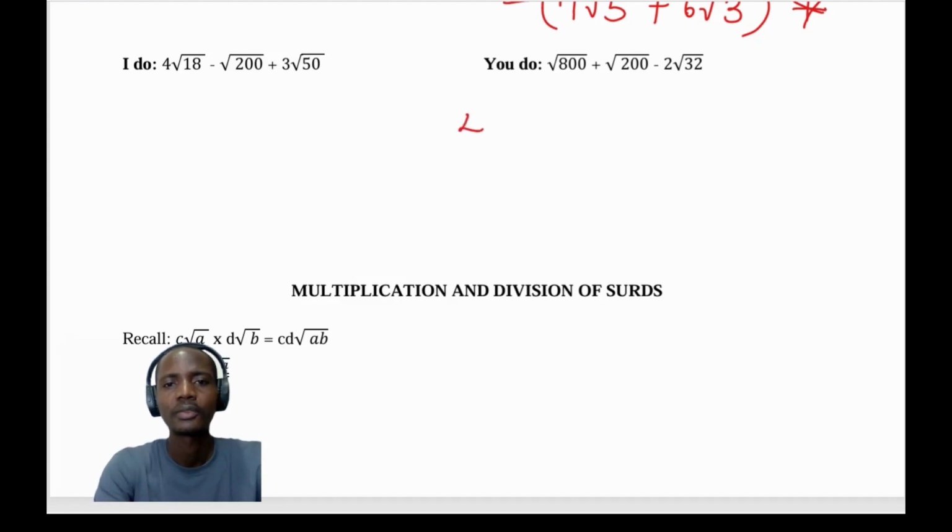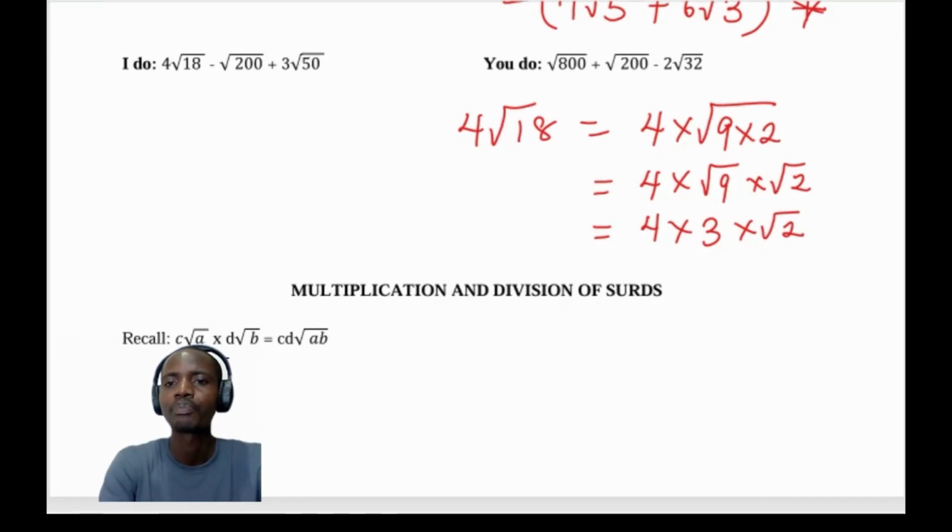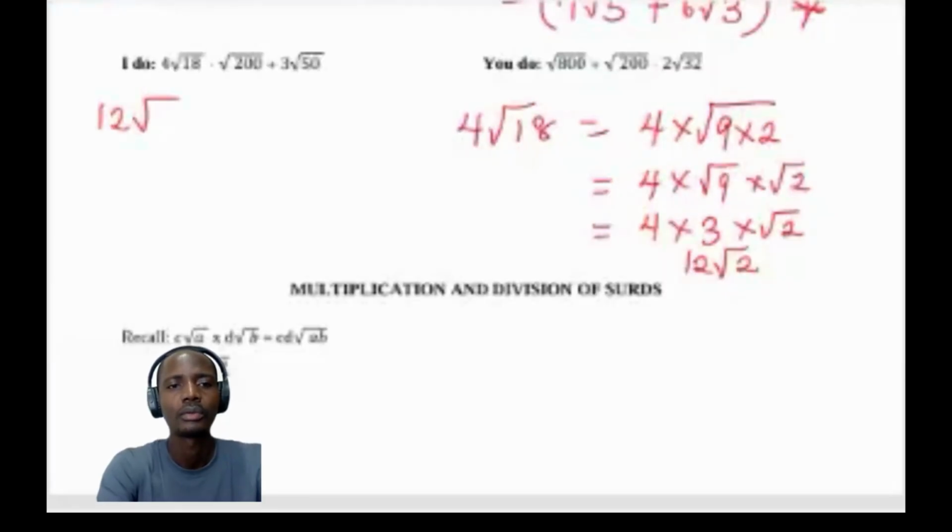We know that 4 root 18 is equal to 4 times the root of 18, which is 9 times 2, right? And that gives us 4 times root 9 times root 2. So root 9 is 3. That's 4 times 3 times root 2. We know that 4 times 3 is 12, which is 12 root 2. So we can say that 4 root 18 can be expressed as 12 root 2, yes, minus